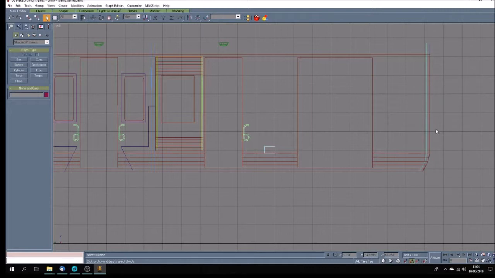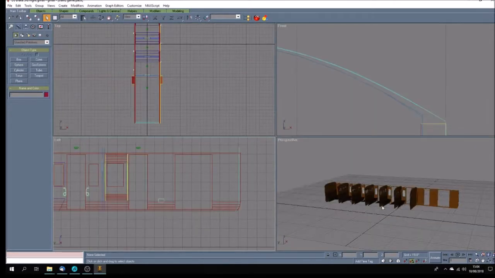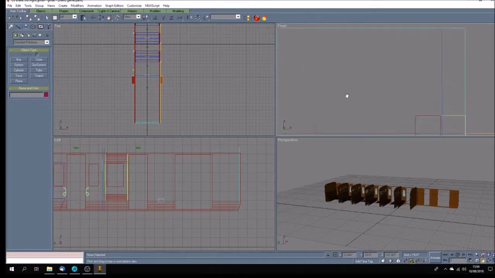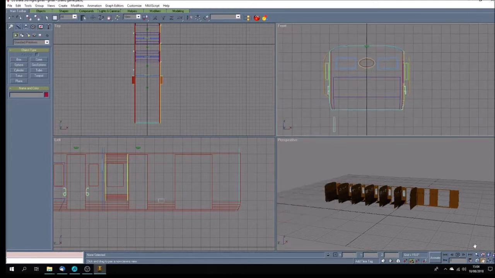And take out all of those, and that, and the handles. Well, we can actually get rid of the handles much easier than that. I'll show you in a moment. We'll take out more of the, not sure which one that is, so we'll go up to the end view. You can see it's beginning to sort itself out. Make sure that's on texture correct. But here we are on the end view,